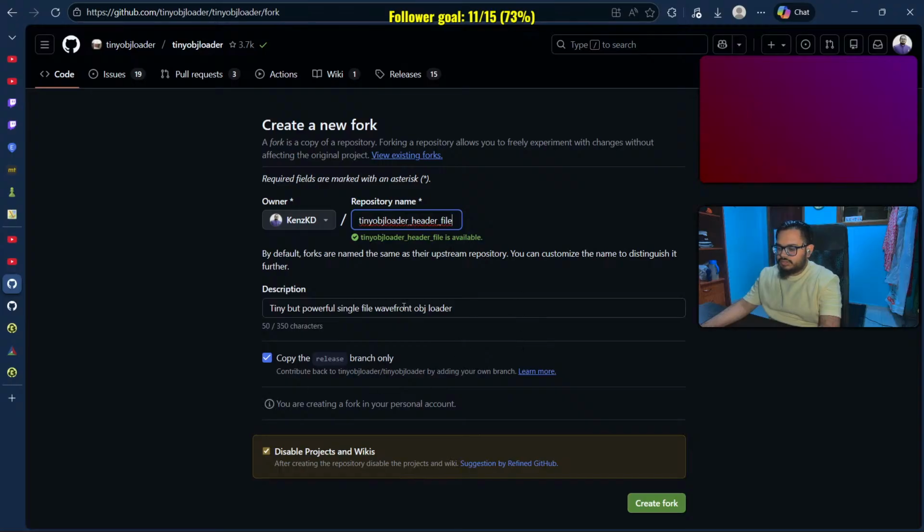Copy the release branch only. Just the header file